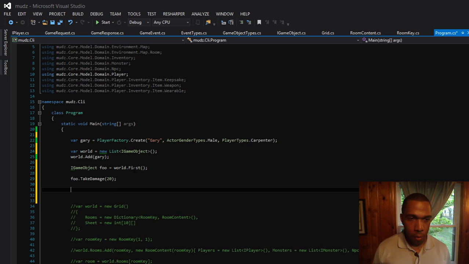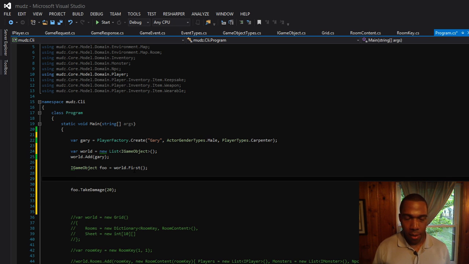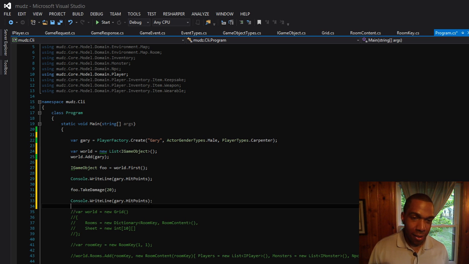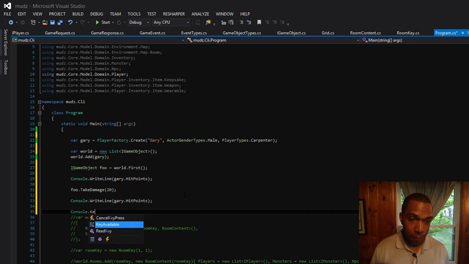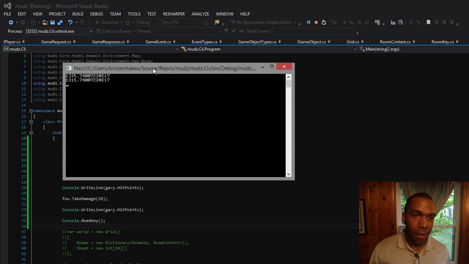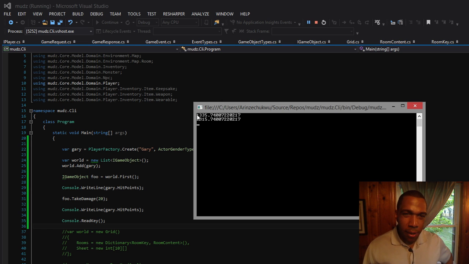So let's say that I console.WriteLine Gary.HitPoints. And then after I tell foo to take 20 damage, I console.WriteLine Gary's hit points again. Okay, and I'll ReadKey, and I'll play that. All right, so my first output is 1335. My second output is 1315, which